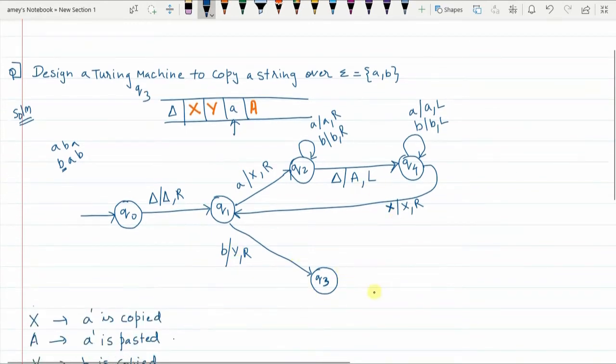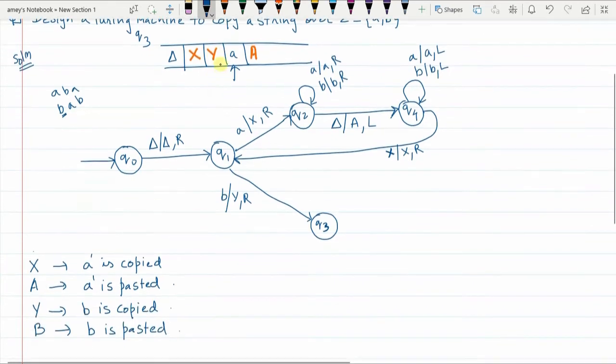Now the second element has been copied, so I have to paste it, correct? On the way you ignore any number of small a's and small b's. You might also find capital A's and capital B's. You ignore all of those.